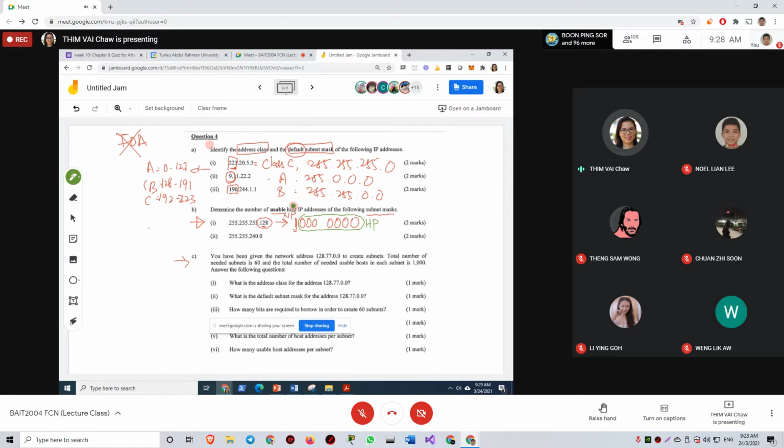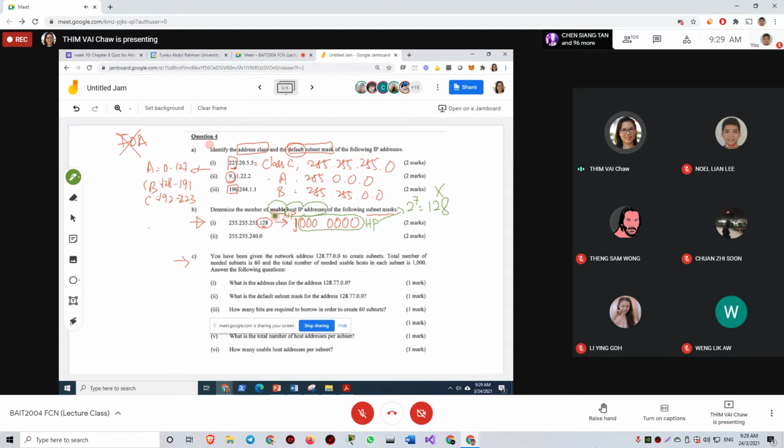So you want to know how many host IP addresses you can have. That's why you need to look at the host portion bits. In total, you only have 7 bits. That's why you use 2 power 7, which is equivalent to 128. But the answer is not 128, because here